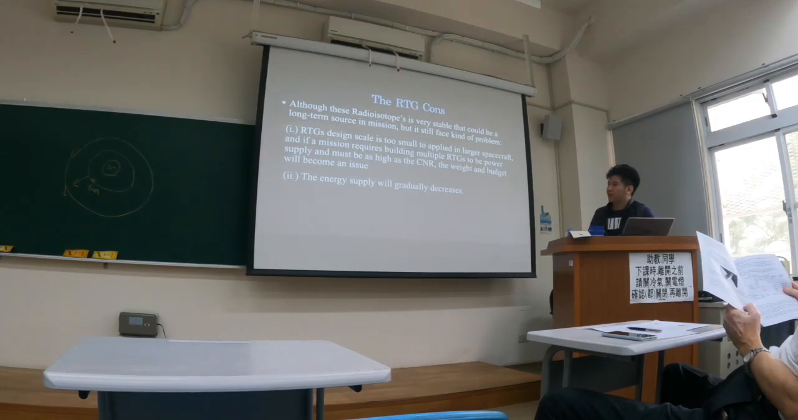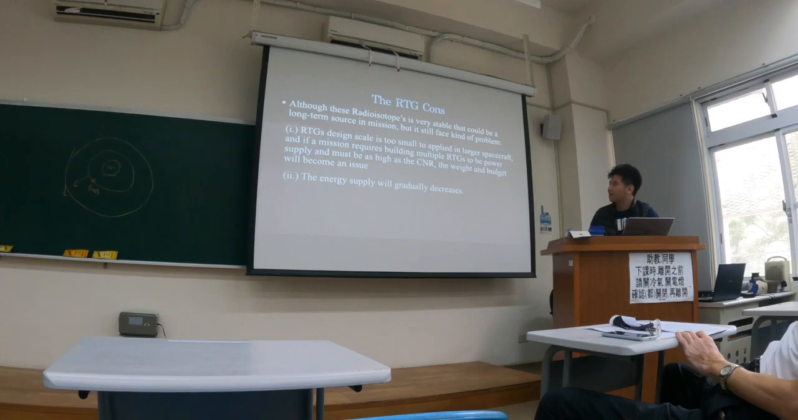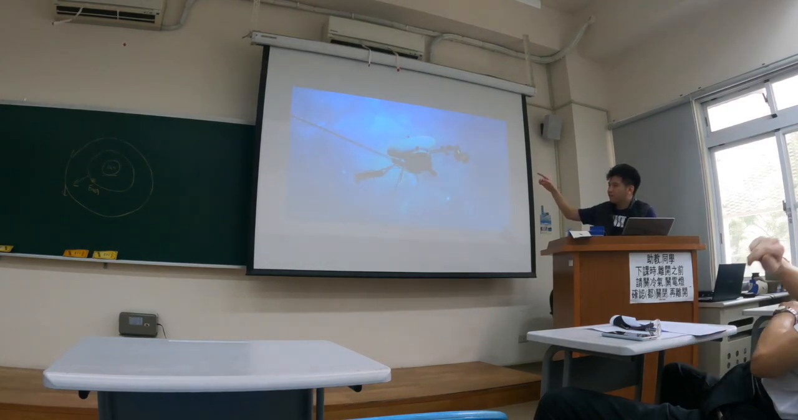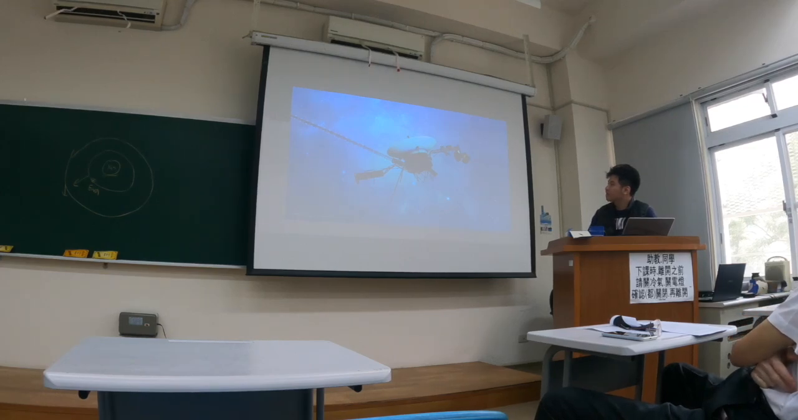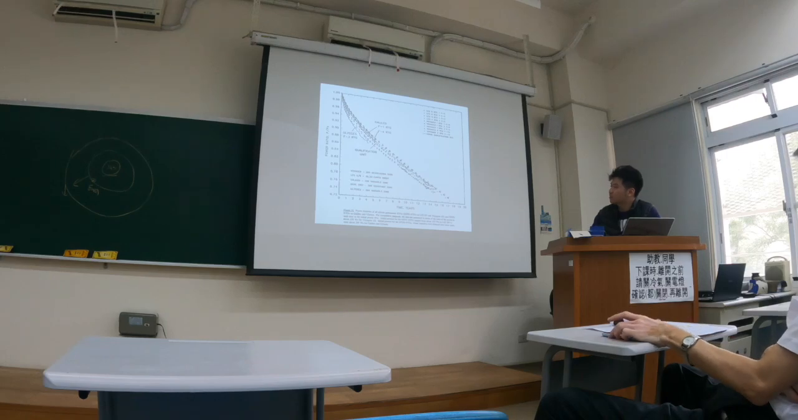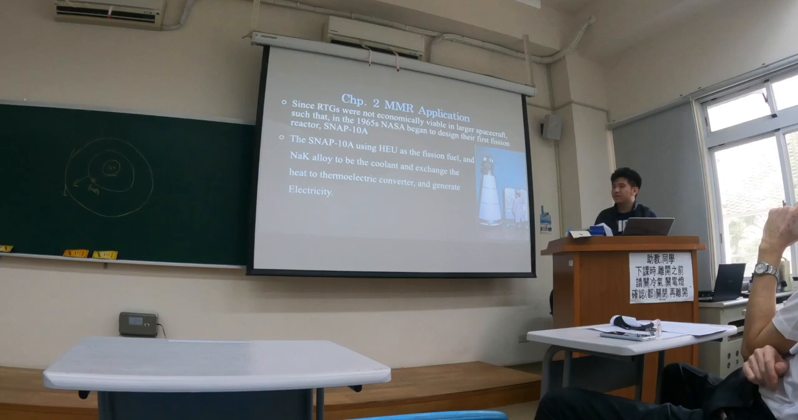to be the energy supply. Otherwise, your project will become an issue, become a problem. So you can see there's Voyager 1 and 2, and the power is decreasing, the material is decreasing, such that the RTG will decrease its energy, and its working life is only 40 to 50 years, such that NASA started